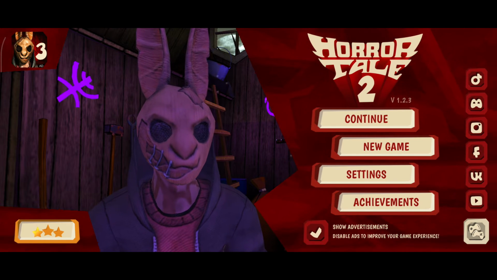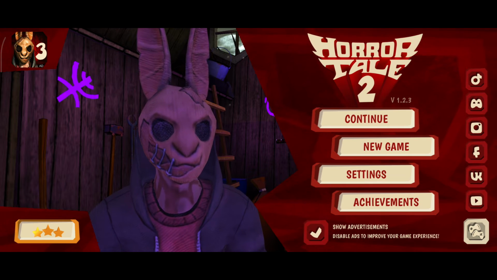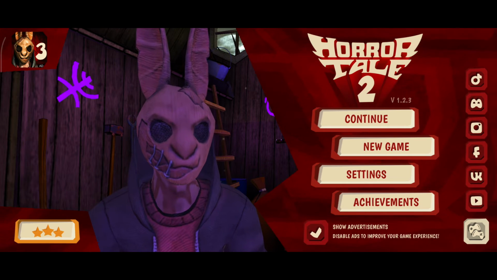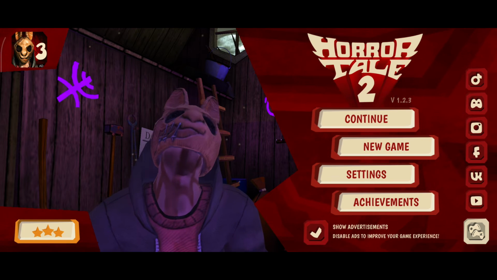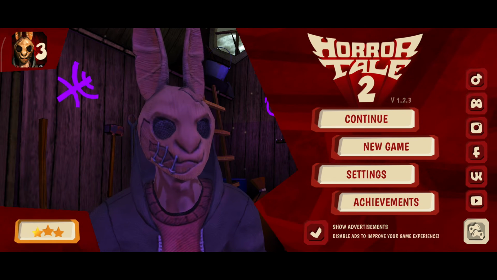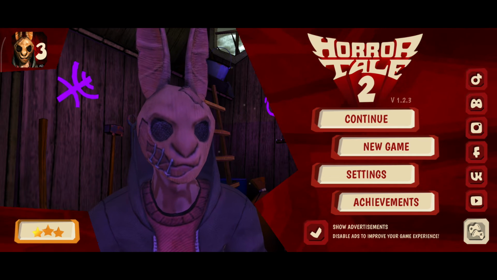Now, in order to create an account, there's no such option in this game. This is an offline game, so you can play it whenever you want, and there's no necessity of logging in. Here, there are different links to the game and different social medias, but we cannot directly log in